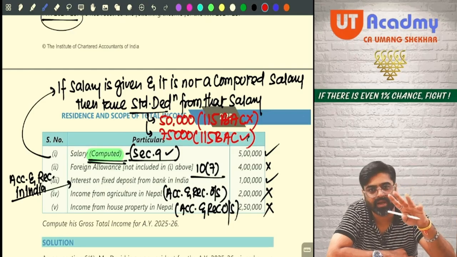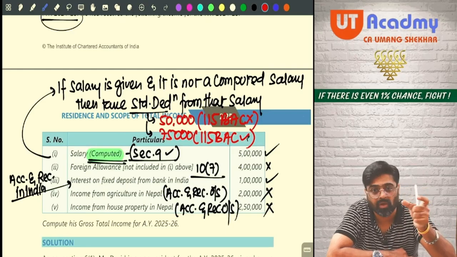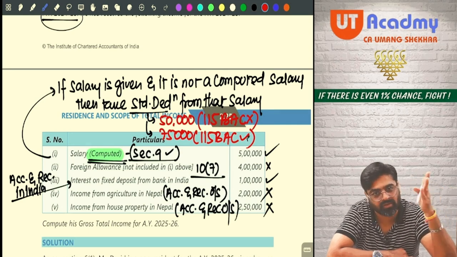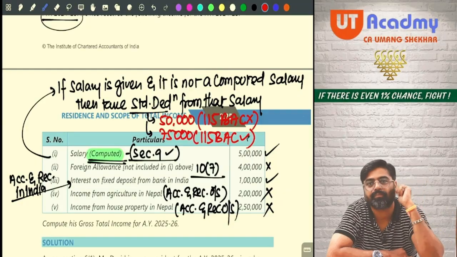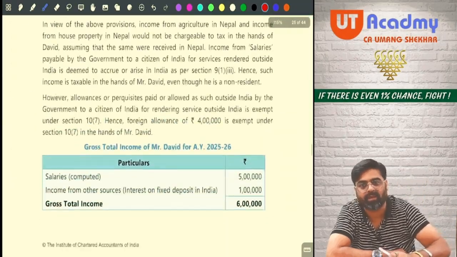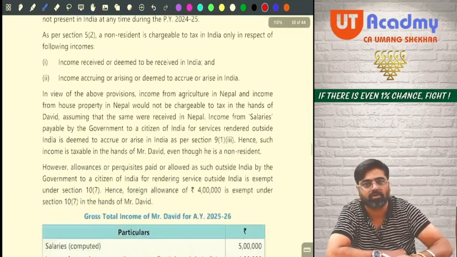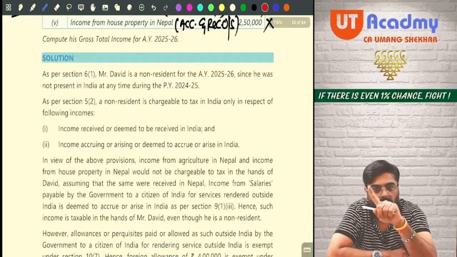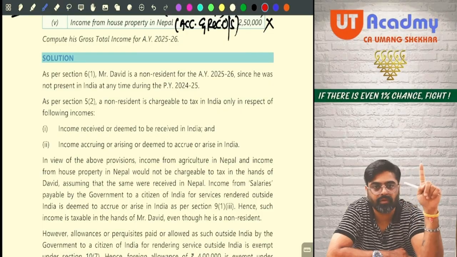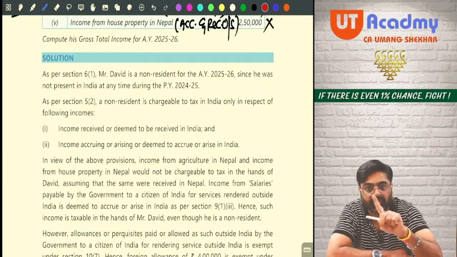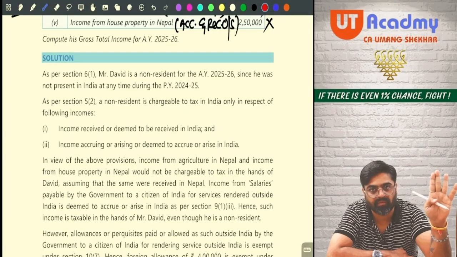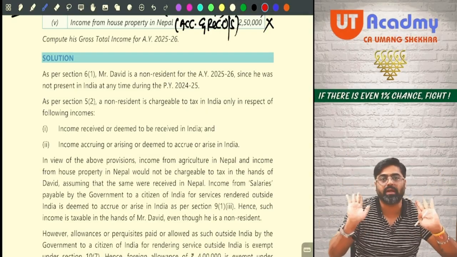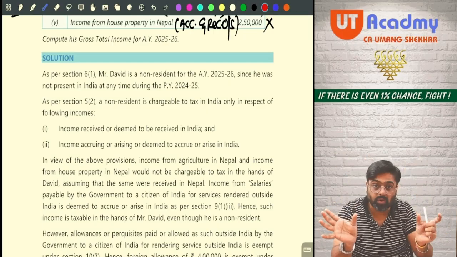All the other incomes you write. Besides that, you write the logic and write down dash dash dash. Whatever total is there, 6 lakh, that is your total income. You are not supposed to present your answer like this, okay? You are not supposed to write down all these things. Simple. Write down Mr. David, individual, PAN dash, previous year 24-25, assessment year 25-26, computation of total income, that's it. Prepare 2 columns now, one particulars and one amount column.